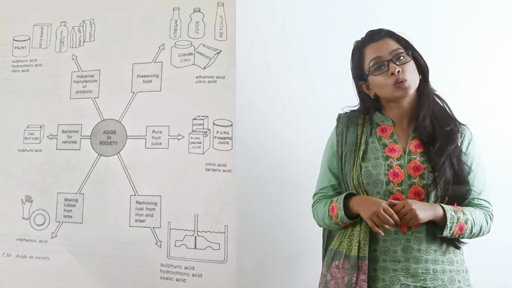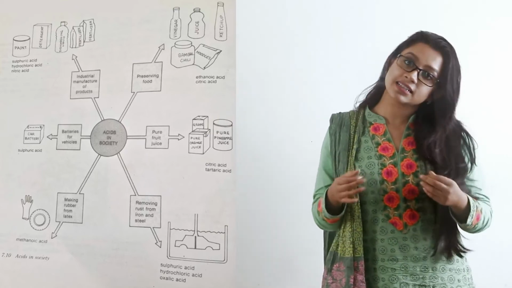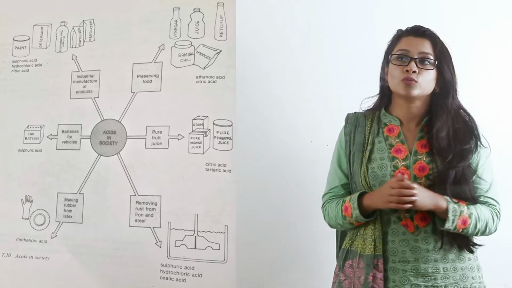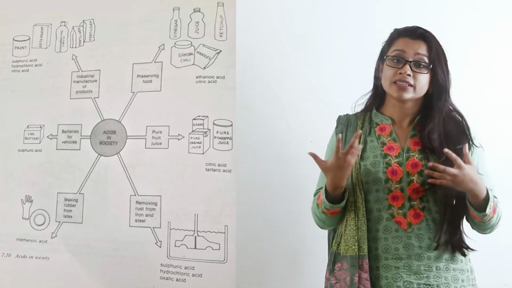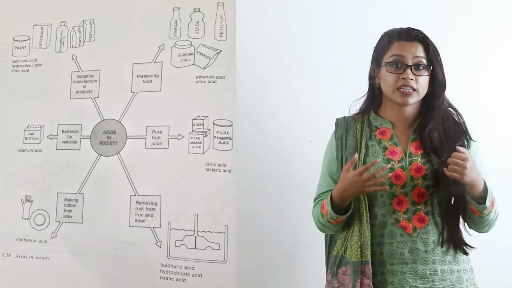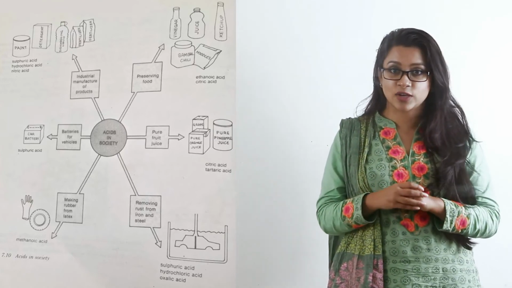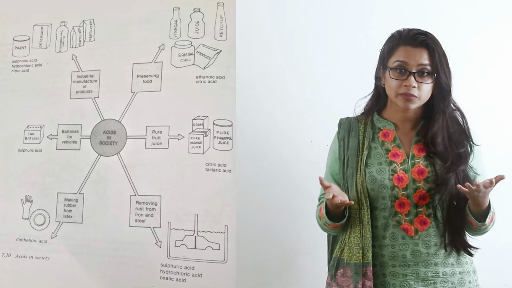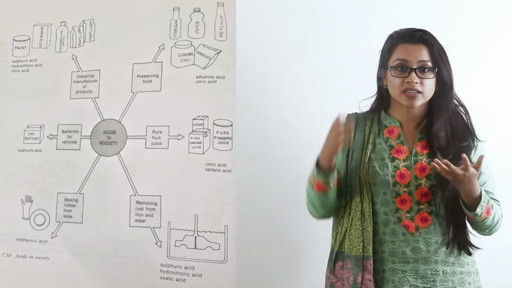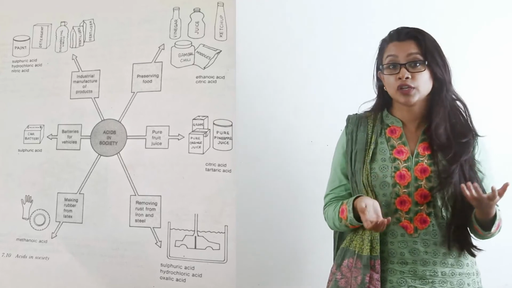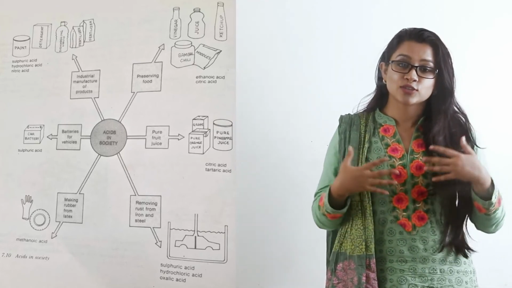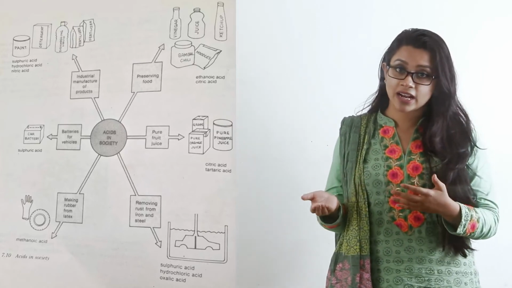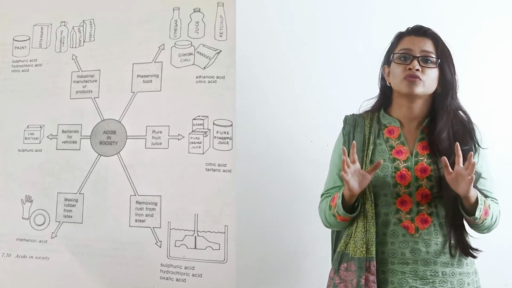And these are not the only uses of acid. Acids are also used to preserve fruits and vegetables, etc. For example, some vegetables can be preserved by dipping them inside ethanoic acid, which is vinegar. And in the same way, citric acid solutions and vinegar can be used to preserve other food as well. So these were, along with the diagram and my explanation, some of the important uses of acids.